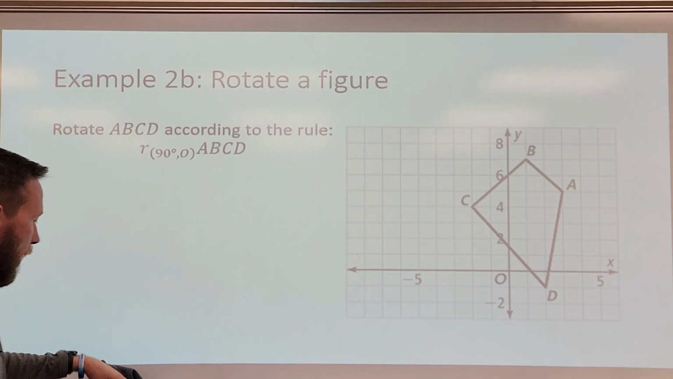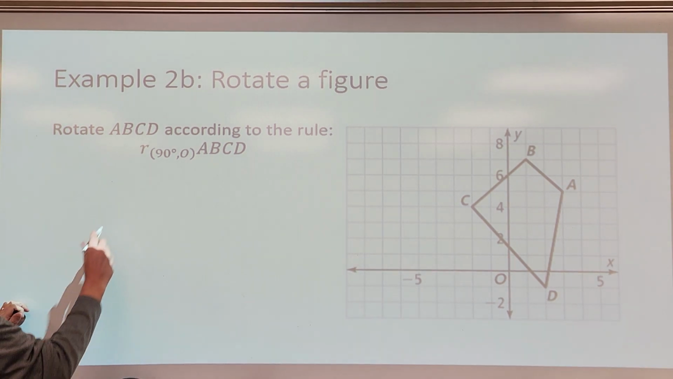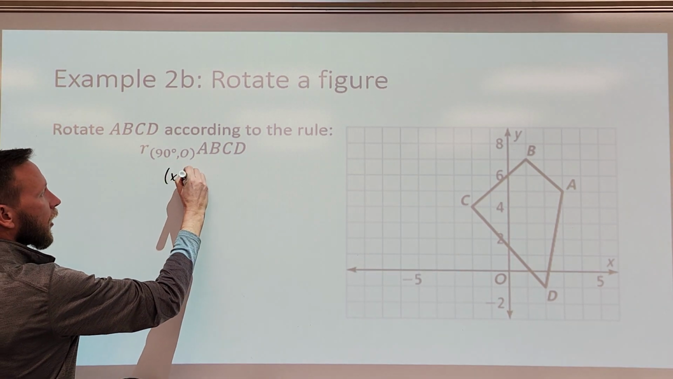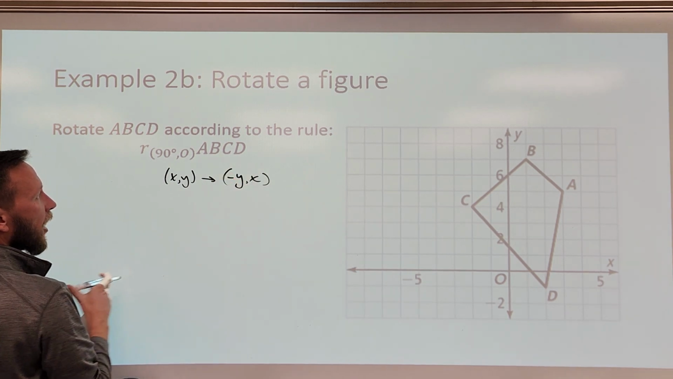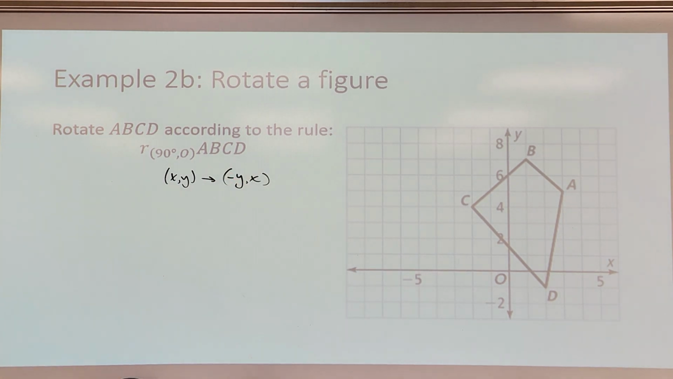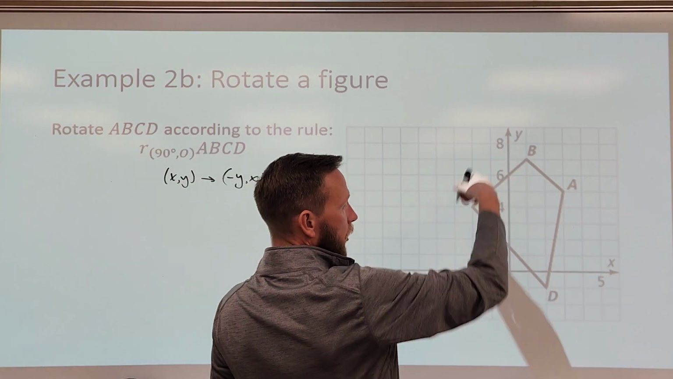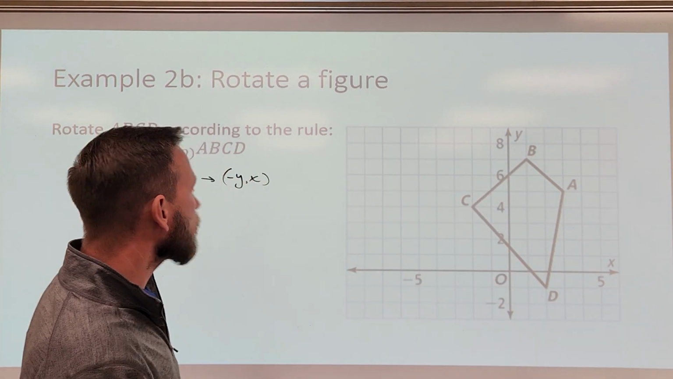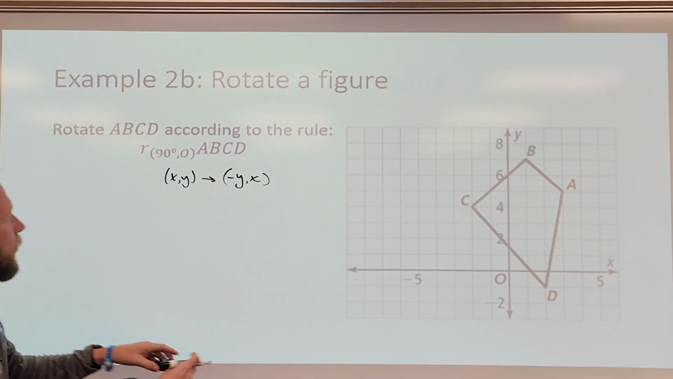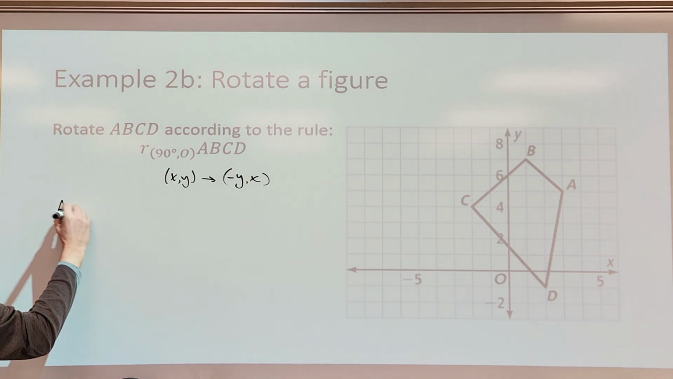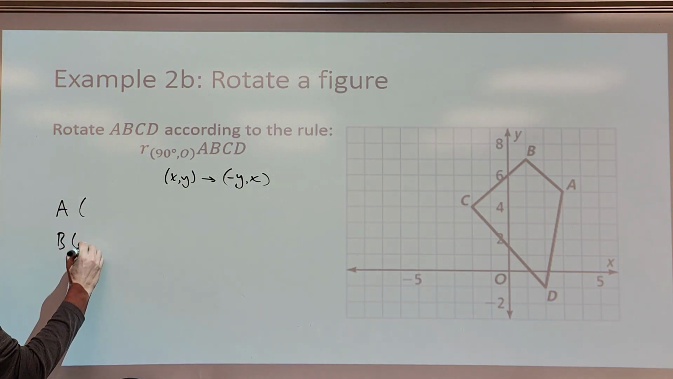So let's go ahead and try to execute this. Remember, our rotation 90 degrees means that our x, y is going to become the opposite of y, x. That's how things are going to change. So for this picture, if I want to rotate this quadrilateral ABCD 90 degrees, then for each of these x, y's, I'm going to take each of them and change them